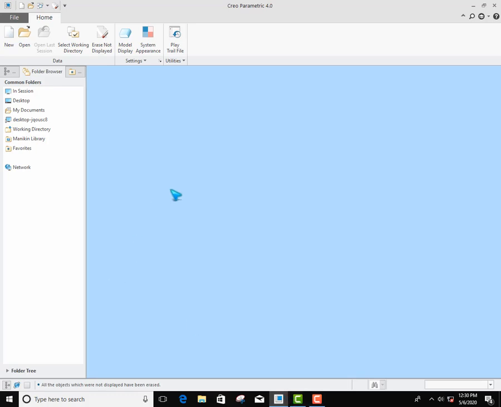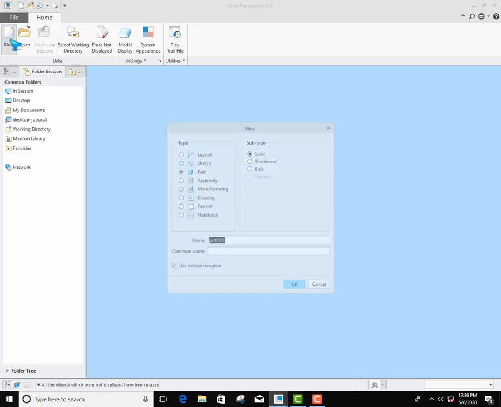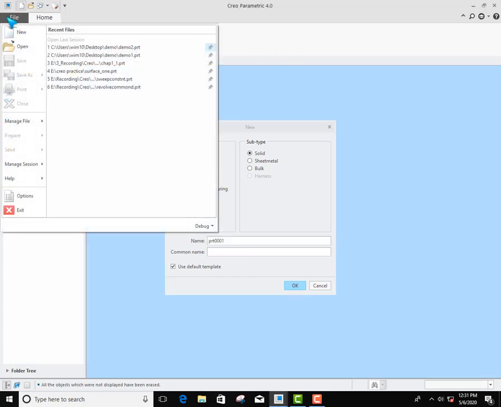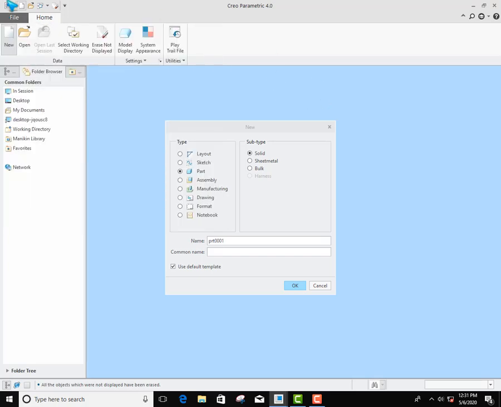So here I am creating a new part to demonstrate. To create the new part, let's start from New. You can directly click New from this ribbon, or from the File menu you can open it, or from the quick access tools if you configured it here.